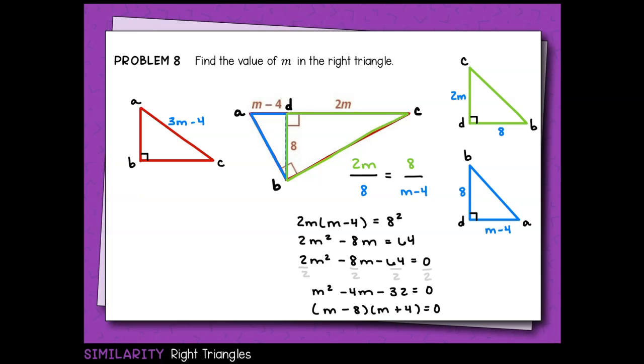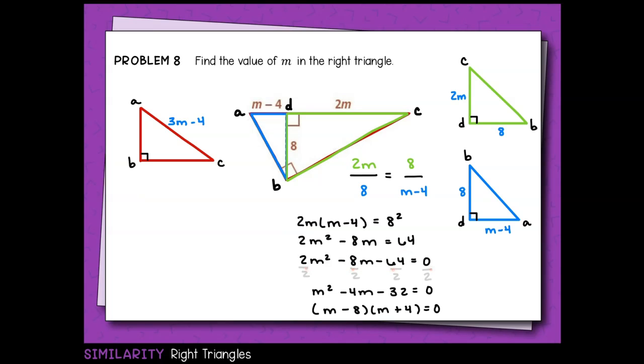All right, let's recap what we have so far. I've got 2m times m minus 4 over here on the left-hand side. Over on the right-hand side, I've got 8 times 8, which gives us 8 squared. Distributing this out, I've got 2m squared minus 8m equals 64. I brought all terms over to the left-hand side of the equation, and I notice that